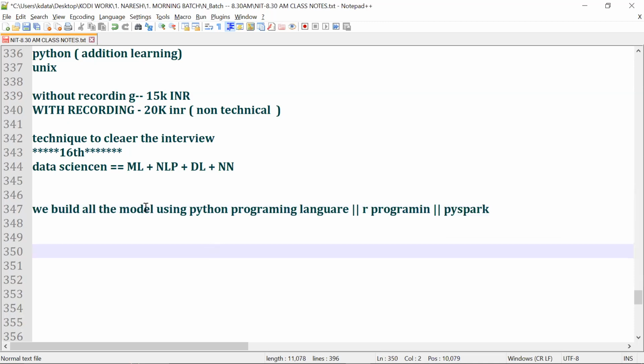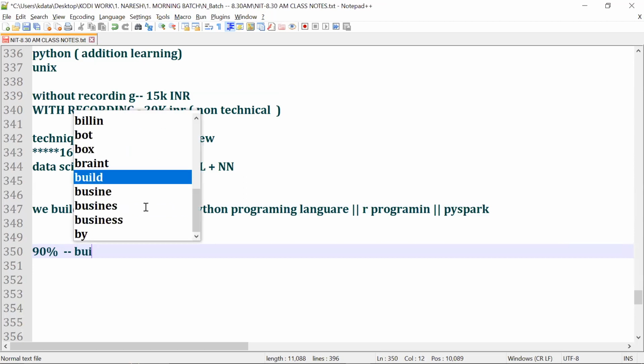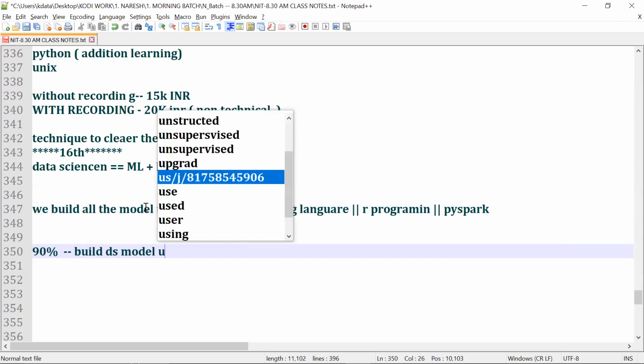You may ask, sir, how do you know about 90% of organizations? Because I have 16 years of experience in industry, and I have led the entire Asia division. So 90% of organizations build DS, meaning data science models, using Python.